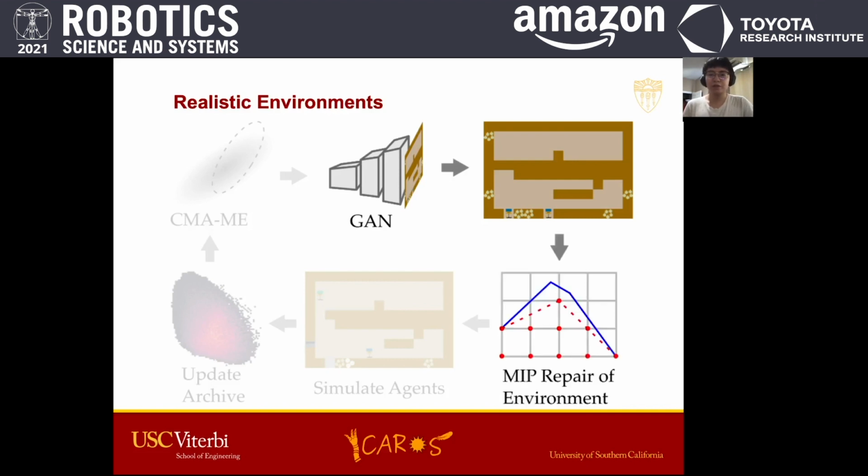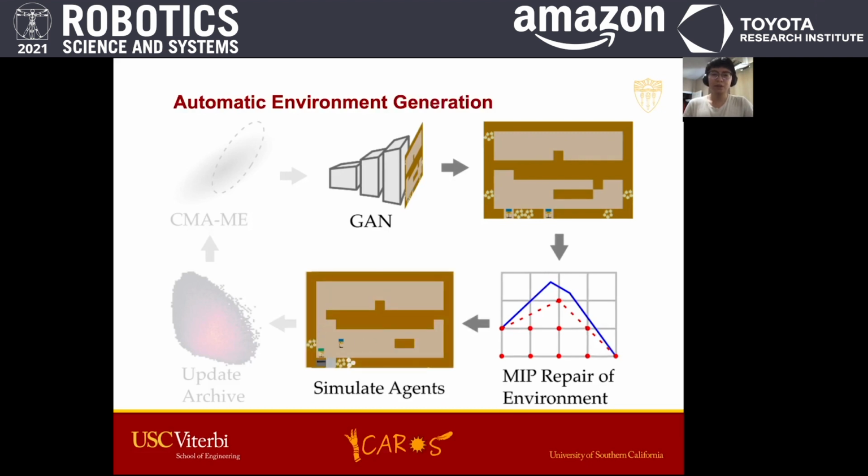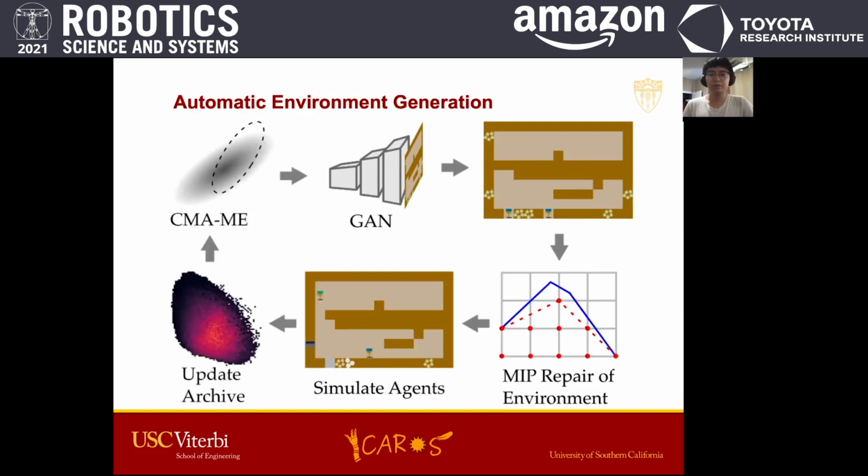To make the GAN-generated environments valid, we use a mixed integer program, where we search for the environment that satisfies validity constraints with the smallest added distance. The mixed integer program acts as an editor that repairs the GAN output. We then simulate the robot and the human agents and evaluate their coordination. For instance, we evaluate how fluent the teamwork is by computing the time that the two agents acted concurrently, or the time that one agent was stuck waiting for the other agent.